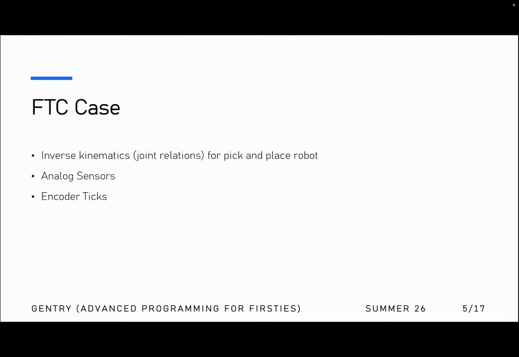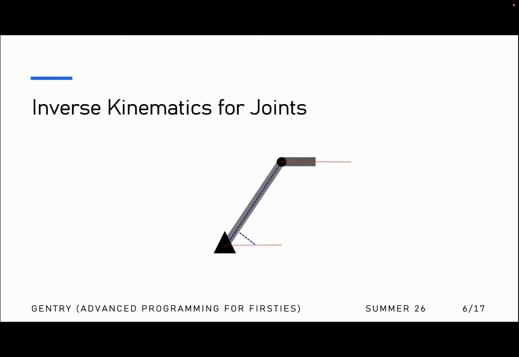So for the FTC case, this is very, very good for inverse kinematics for joint relations, like I just talked about for a pick and place robot, analog sensors, and encoder ticks. So for inverse